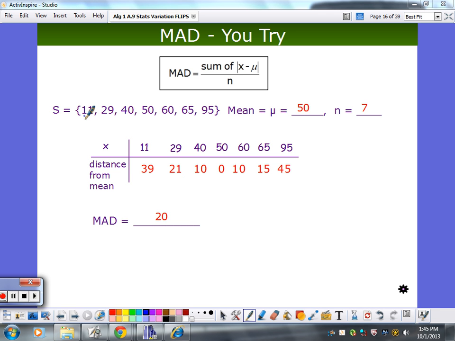Right, 15, 11, that's 39 away. You do that for all of them, then how do I get this? Add all these numbers together and divide by